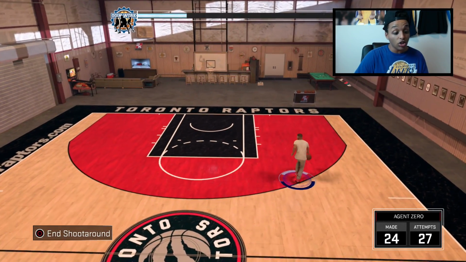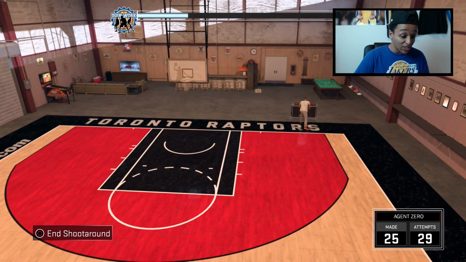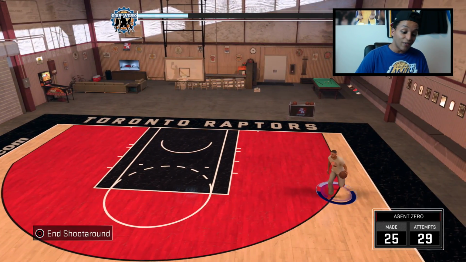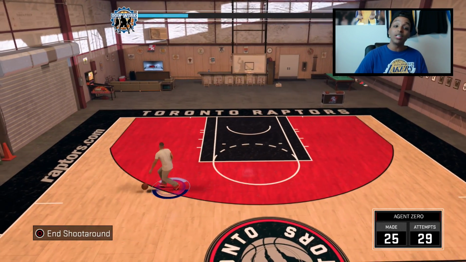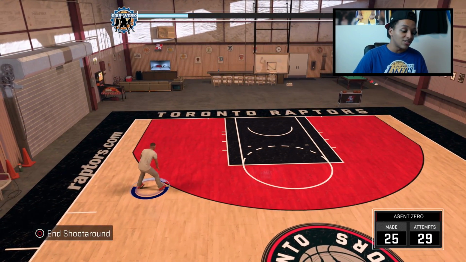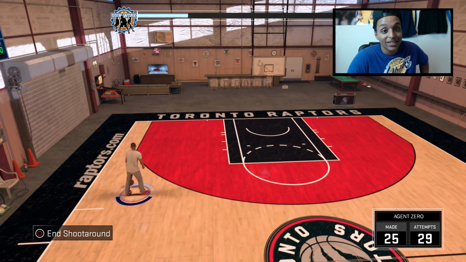Now, I keep the shot meter on because I use the shot meter for free throws. That's what I did, alright, to find my release. I recommend y'all try this shit out. See how it works out for you. I understand a lot of y'all aren't used to this shit, but give it a shot. Don't only give it a shot, give it like 20 shots, because you're not gonna try it one time and be like, oh, Agent, you were right, this is perfect. It's gonna take practice, because you're gonna have to